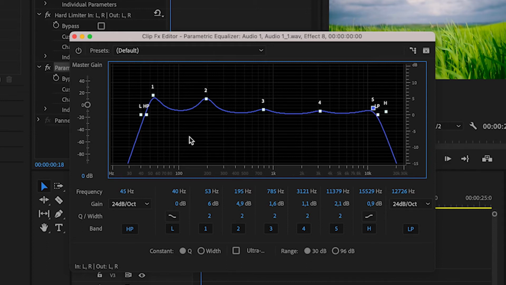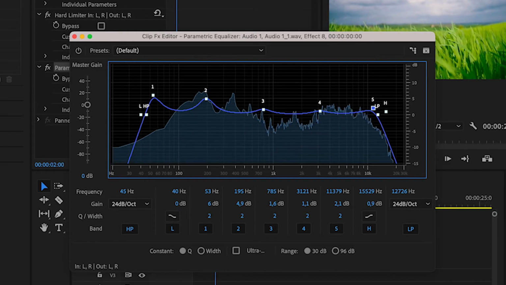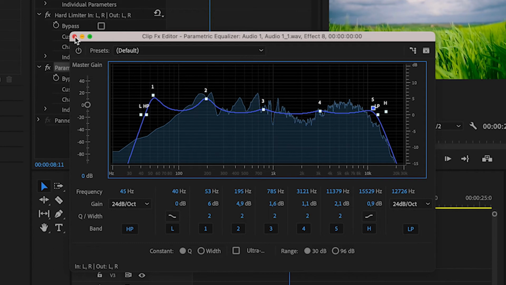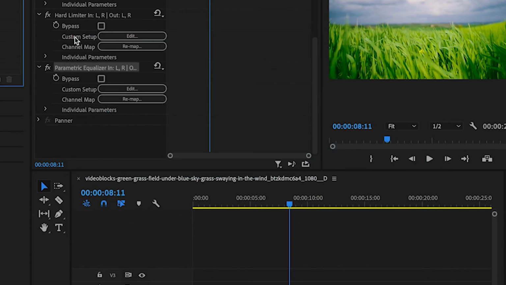And then what I like to do is play it back and just watch the levels and how it's coming out now. That's sounding a whole lot better. That's the first effect. Once we've finished with that, we can hit the X, and then we're going to head